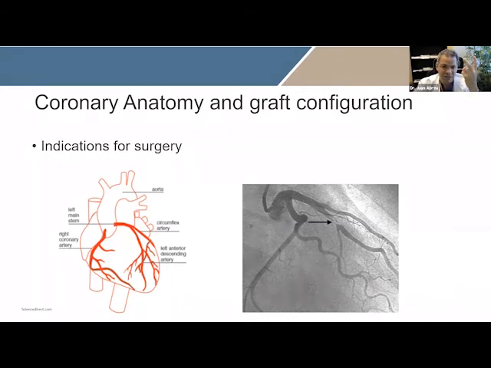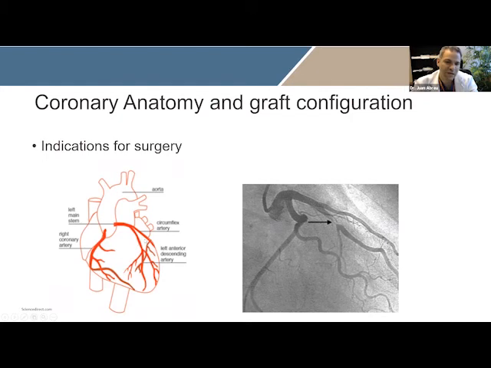Now, if you have two vessel disease, and you have diabetes also, which we know already that diabetes can contribute to this and can make it worse, then that's an indication for surgery. Let's say if you have a disease only on this artery, this is a very important artery, because if this artery blocks off, it's going to nullify the blood flow to the whole left heart. So you're not going to have enough blood flow going through your body. So when you have what we call left main disease, more than 50%, that's an indication for intervention.